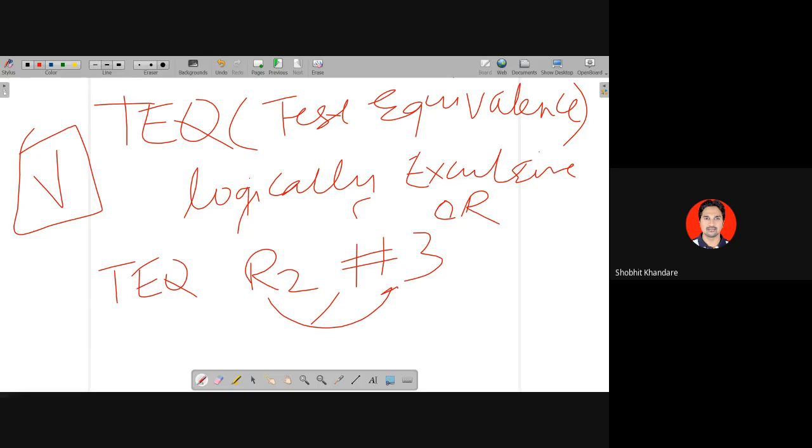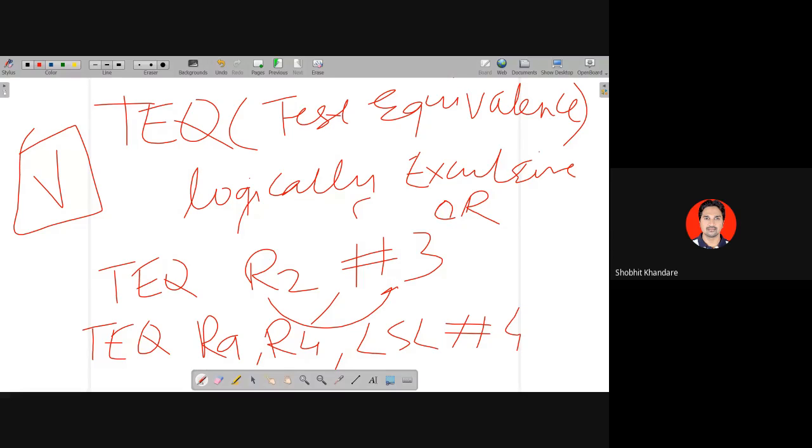तो ये इमीडिएट नंबर लिया. अगर आपको विथ रजिस्टर लेना है तो you can have this second example: TEQ R9, R4, LSL #4. I think there is no need to explain this. LSL #4, तो पहले ये होगा, उसके बाद एक्सक्लूसिव OR ऑपरेशन इसके और इसके बीच में होगा. So please write down one small note.